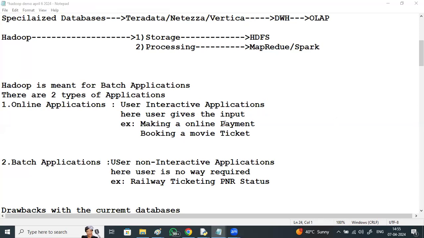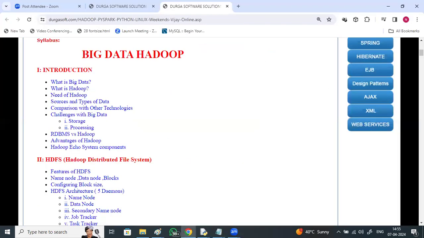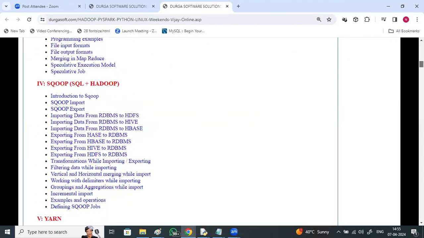In processing, MapReduce is the oldest, right? In Hadoop. That's why Spark is mostly used. A lot of things came after MapReduce, Pig and other things. So I'll be giving knowledge on this MapReduce, but Apache Pig and everything else we are not discussing.